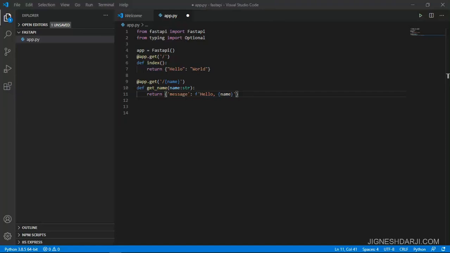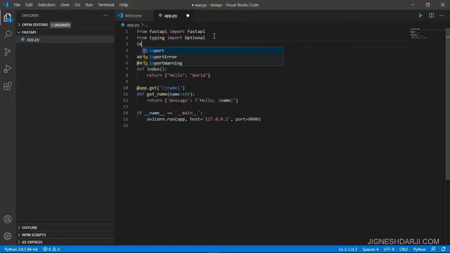So here I created the sample API along with the two methods. One is the default that does not take any argument and simply prints hello world, where hello is the name and world is the value for that. And the second thing is I pass some name over here and it displays hello space name. To run this particular FastAPI, we also need to import uvicorn over here.